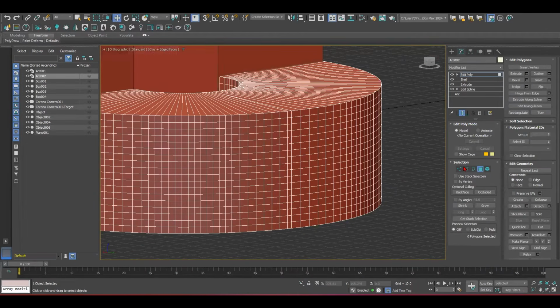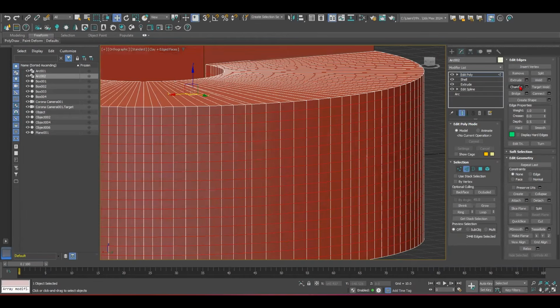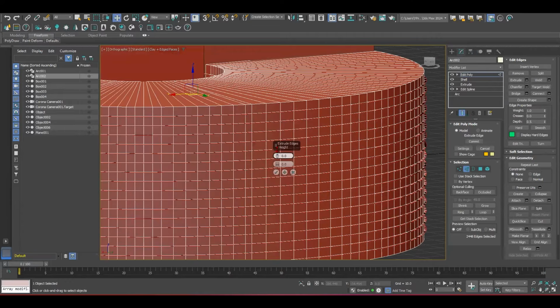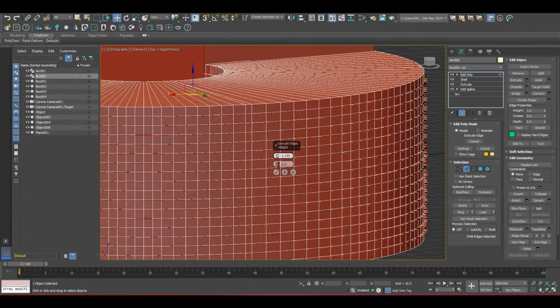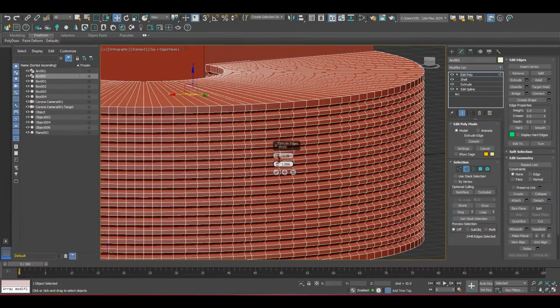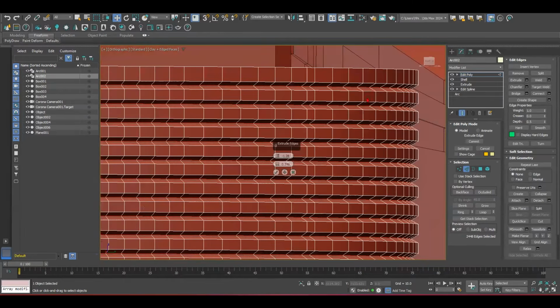Next step is painting the edge lines, the recess. So what I can do is extrude, just to propagate the recesses.